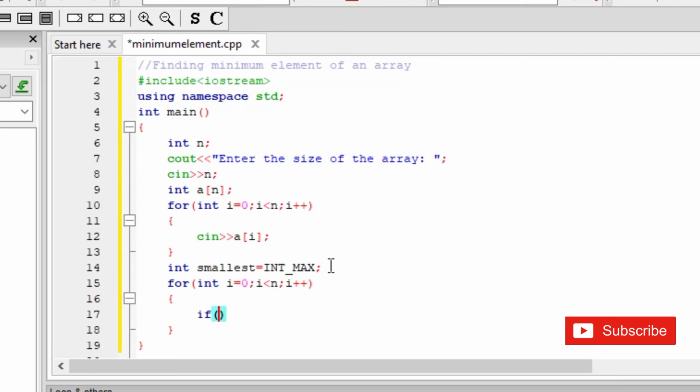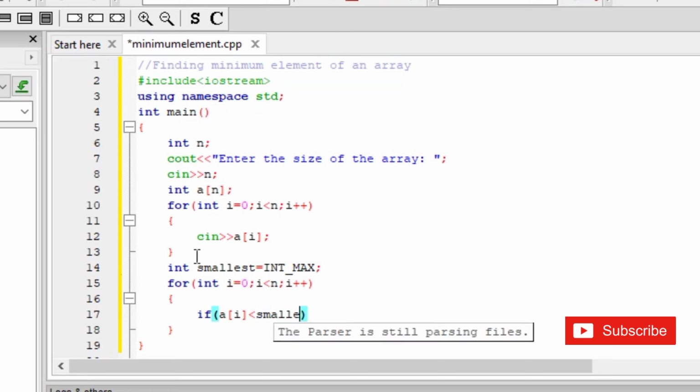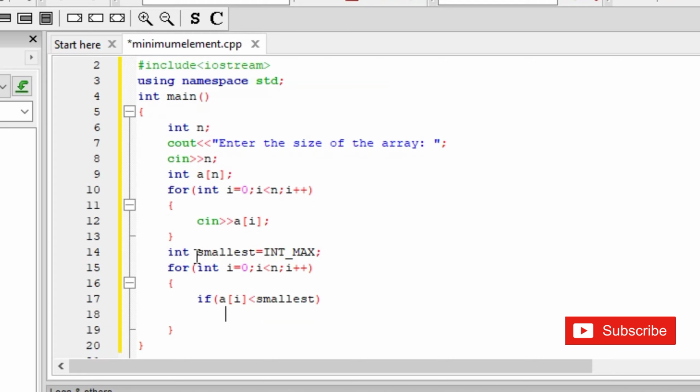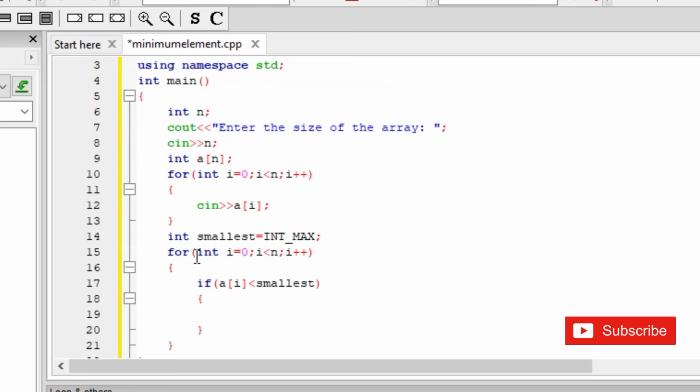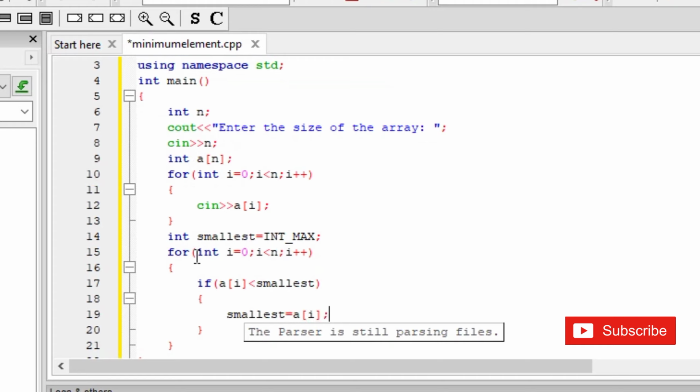So if any element of the array is smaller than the smallest integer as we have considered, then we will assign smallest as that element. So here I have assigned.